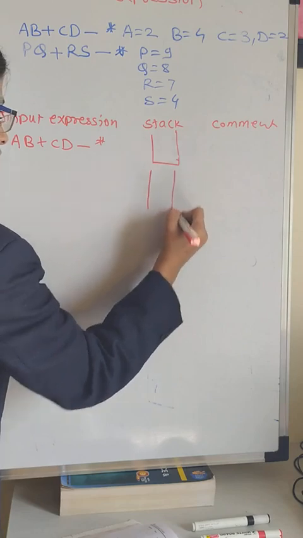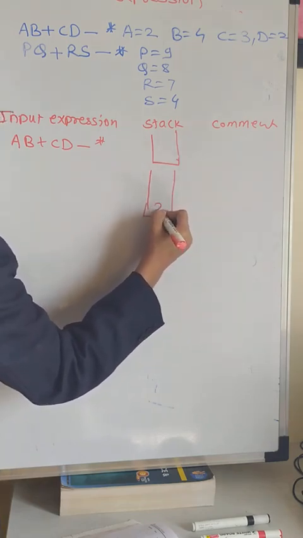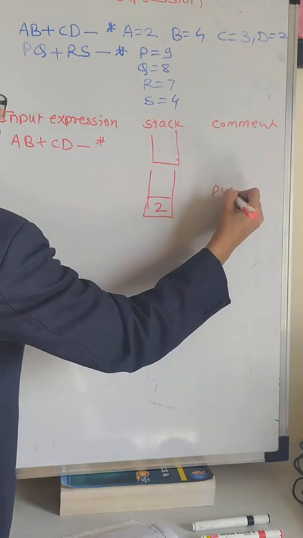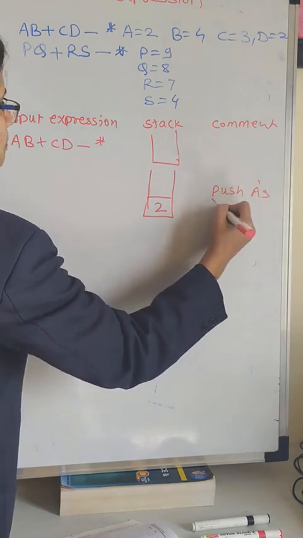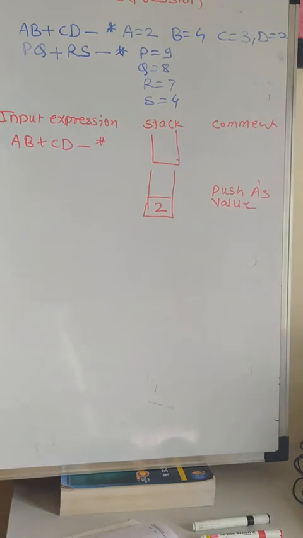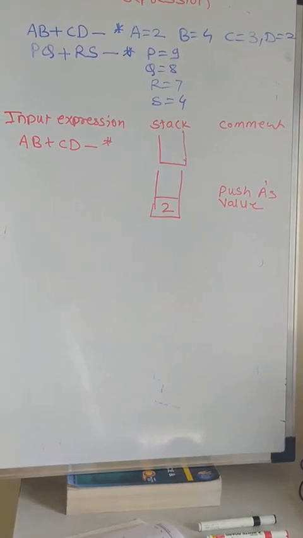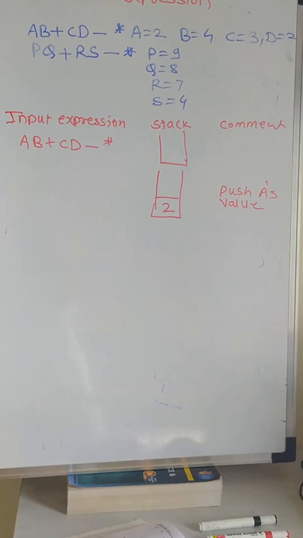In the second step, perform this. Here the A value is 2. So write 2 here. Write in the comment: push A's value. Then comes B. Then push B's value. Then apply this operator. In this way, you can solve this expression. You can evaluate the postfix expression using the stack. Show the stack content. Initially, note that the stack is empty and your pointer is pointing to null, at -1, and then increase your pointer. Okay, we will see the next example in the next part.